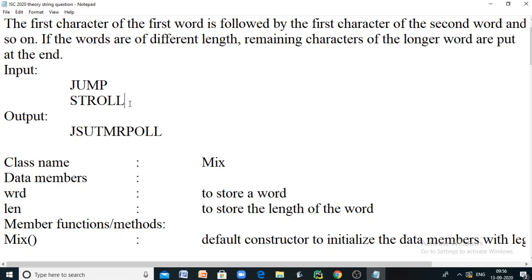In that case, we can write a for loop that will run a number of times equal to the sum of the lengths of both the words, which is 10. Every time it will take one character from one of the words and add it to the final word. This is actually the logic of this question.